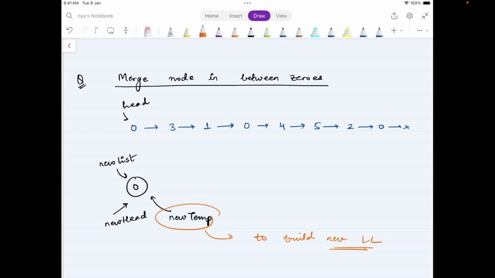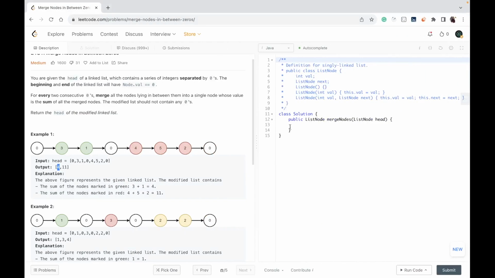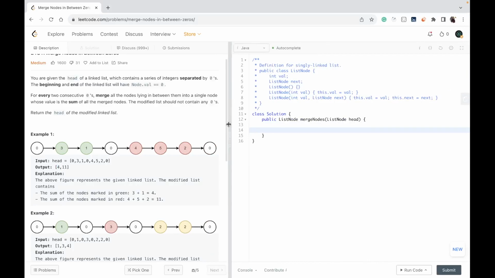Okay, then we have to iterate the original linked list also, right? So for that, I will simply say that there is a temp pointer over here, right? And whenever we are counting, initially the sum is 0, so there is a sum variable also, right? Just add maybe a corner case that if the head is equal to null and head dot next is also equal to null, we simply return head. Okay, I can write this much part parallelly also so that you are able to understand everything.